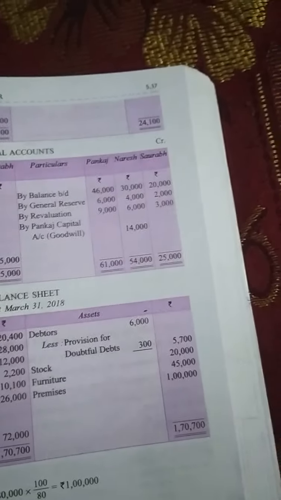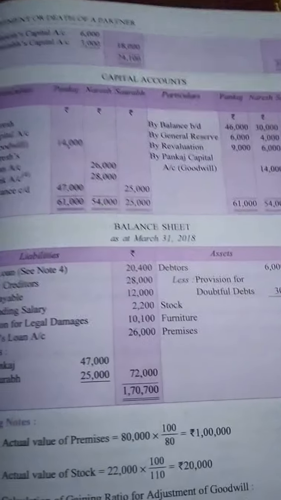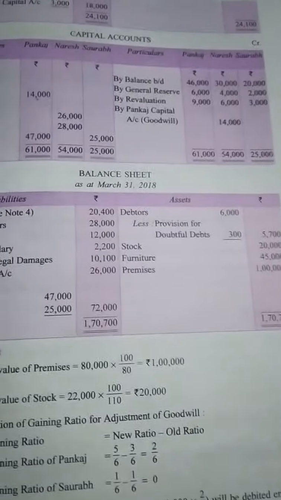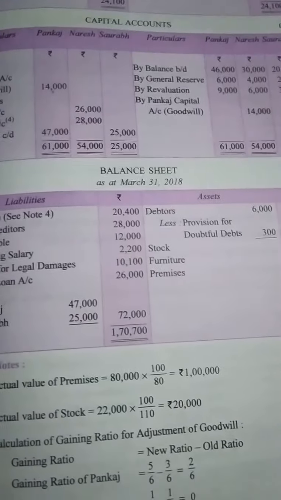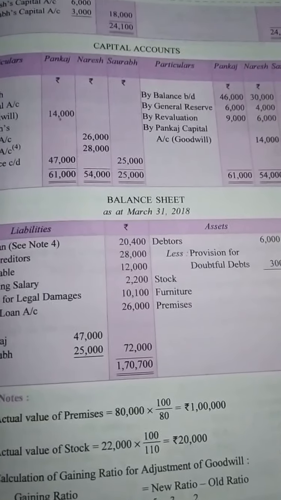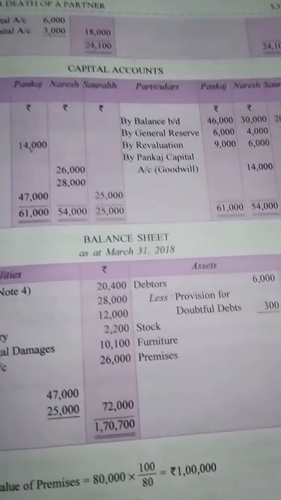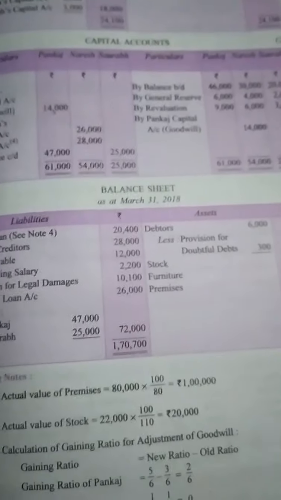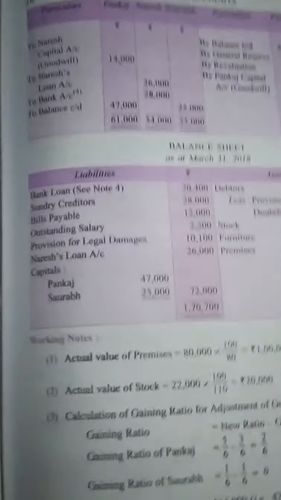You have to solve the questions only up to question number 40, because after that the adjustment questions are starting and adjustments are deleted from the syllabus. This is the end of the retirement chapter. You need not solve the questions related to adjustment, they are deleted from the syllabus.